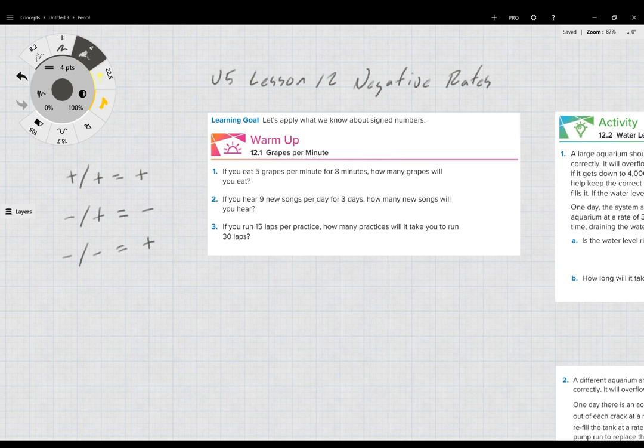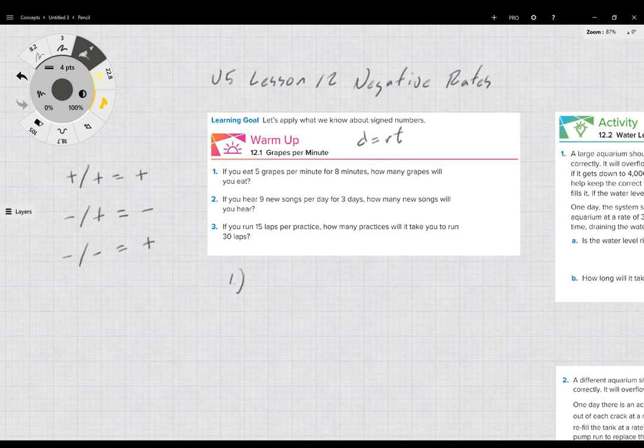12.1, grapes per minute. So grapes per minute, whenever it says the word per, that is a rate. So we're going to be using the equation, distance equals the rate multiplied by time. We can use this setup to help us solve any multiplication or division problem when it comes to multiplying integers. So number one,